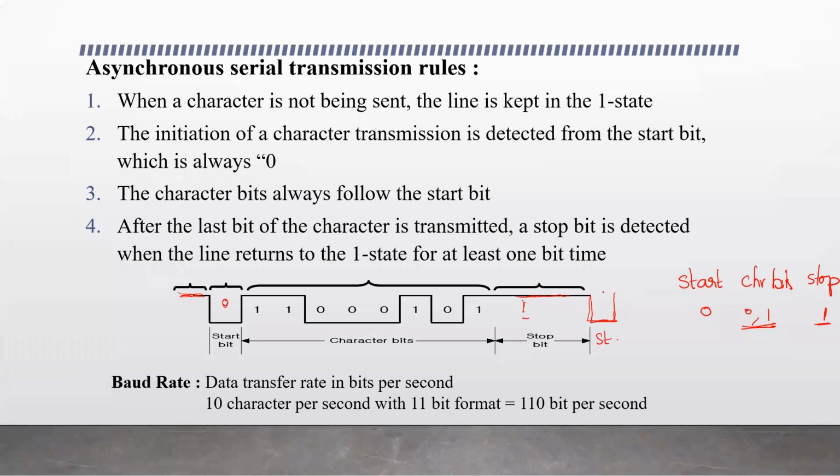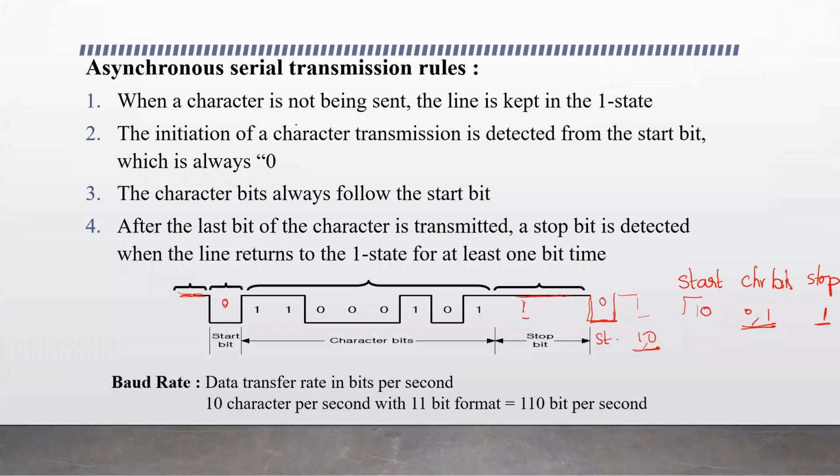Here we will have a start bit 0, and then the data bits, which may be 1s or 0s depending on the data, followed by a stop bit. The stop bit is 1, to indicate the end of the character bits. This way the serial transmission is done. Here in a single line, the bits are transmitted one after the other.